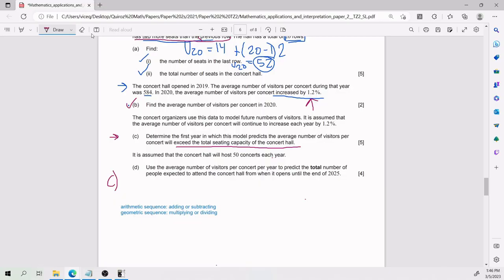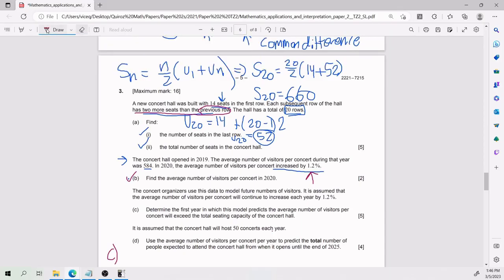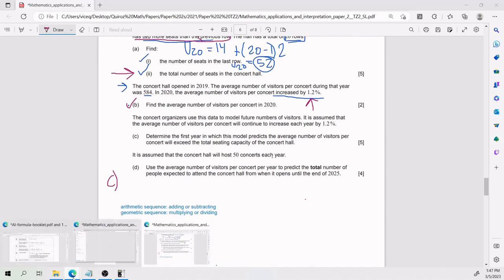And so the first thing is, what is the total seating capacity of the concert hall? Well, that is part A, part 2, which we said was 660. All right, so that is my total seating capacity of the concert hall. When does it get there? Well, that is when we use